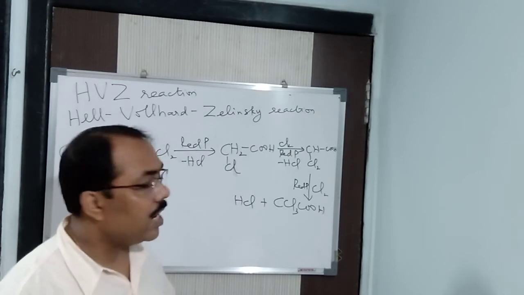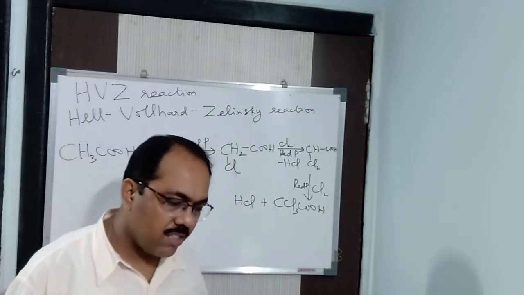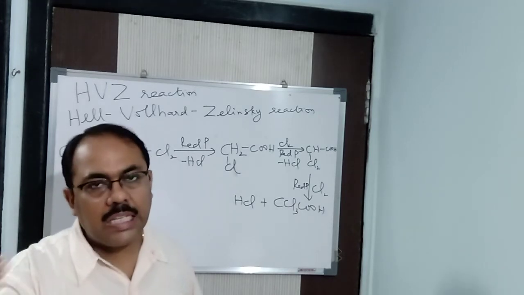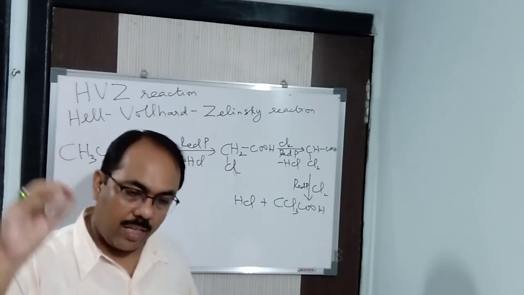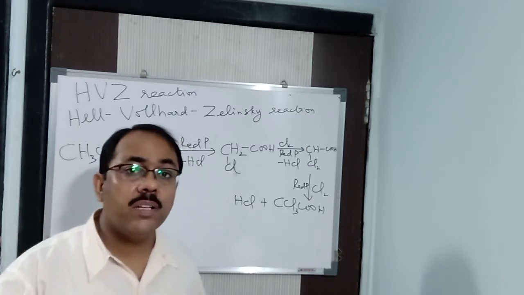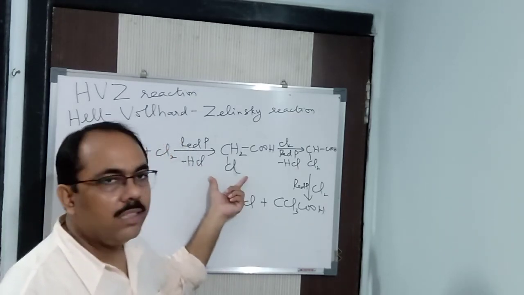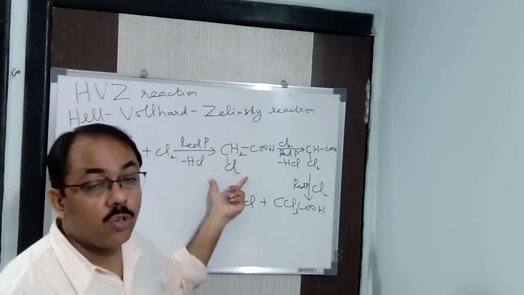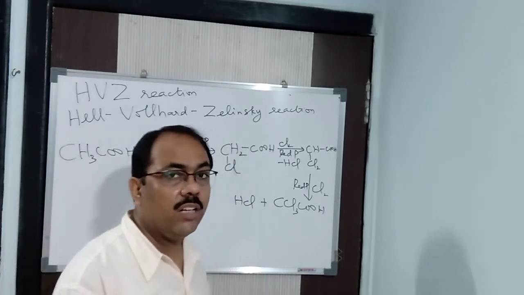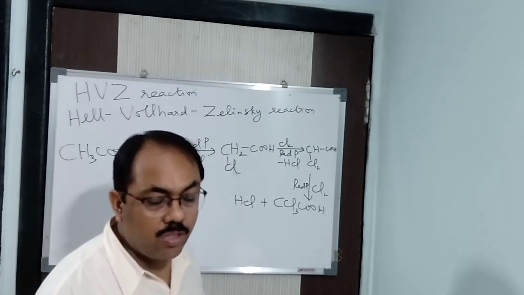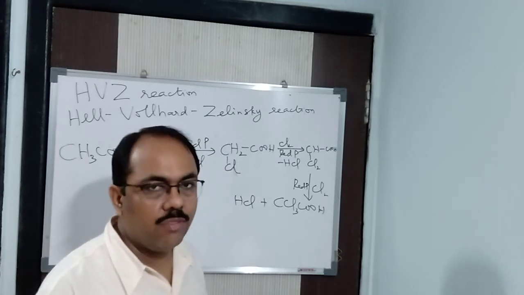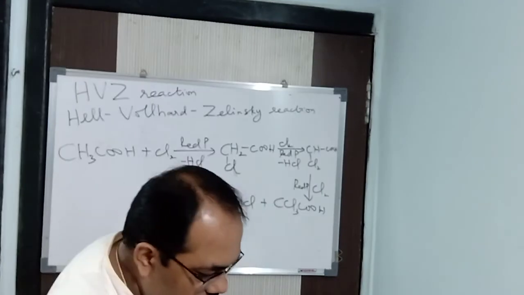Why? Because I said you already, halogens are highly reactive in nature. For that reason, Hell-Volhard-Zelinsky reaction is so important. Because here you can convert carboxylic acid to any other compound containing an OH group, containing a CN group, containing another COOH group, containing another amino group. Any group you can add, you can replace. Because chlorine is highly reactive, bromine is highly reactive. You have studied halogens are highly reactive in nature. During conversions, if you need to convert one compound to another, convert into halides first if it is possible. Because once you convert into halides, you can convert into any other compound. I have told you earlier.